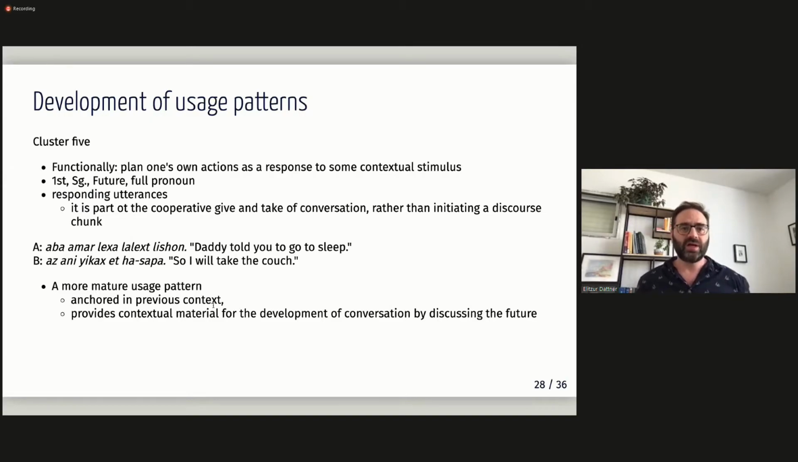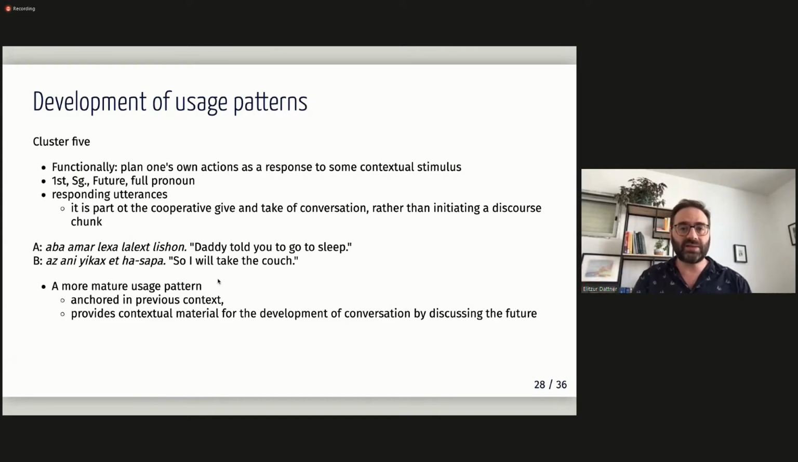And finally, cluster 5, functionally, is to plan one's own actions as a response to some contextual stimulus. It corresponds with first person singular, future, full pronouns, and responding utterances. It is a part of the cooperative give and take of conversation rather than initiating a discourse chunk. For example, we have the conversation here. A says, "Abba amar lecha lalechet lishon", Daddy told you to go to sleep. And B says, "אז אני אקח את הספה", so I'll take the couch. It is a more mature usage pattern, anchored in previous context and provides contextual material for the development of conversation